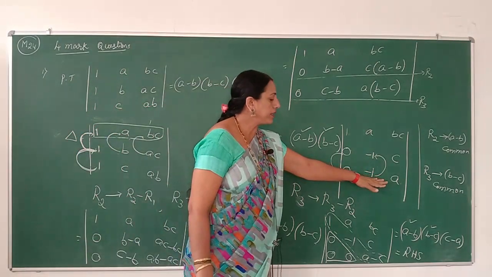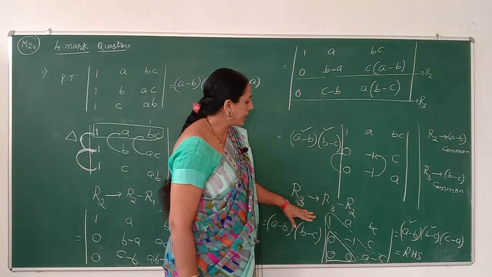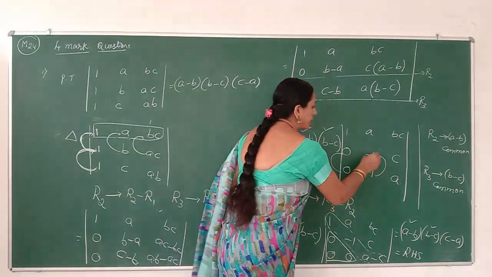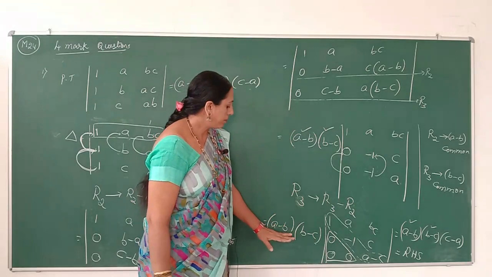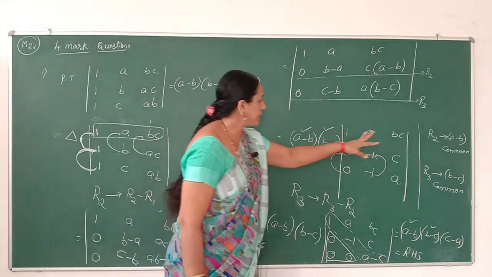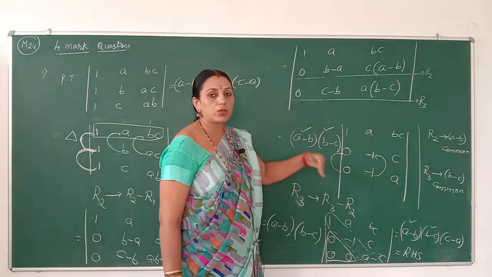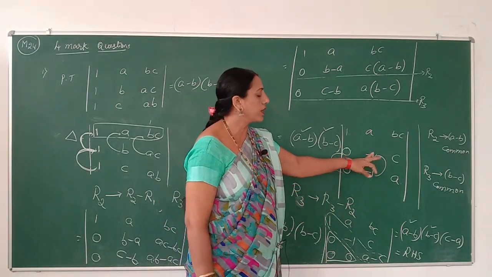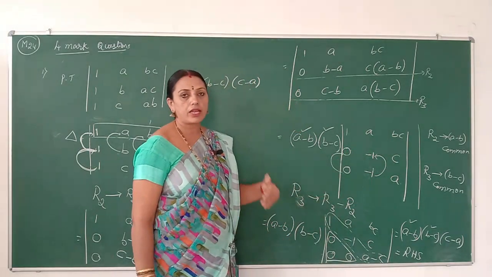So comparing in the third row, we operate on the elements of the third row. R3 can be changed to R3 minus R2, because these are the elements 1, minus 1 and minus 1. So a minus b and b minus c will be the same. The elements of the first and second rows will be the same, but the elements of the third row are operated on. That is 0 minus 0 is 0, minus 1 minus (half minus 1) will be 0, and the last element is nothing but a minus c.